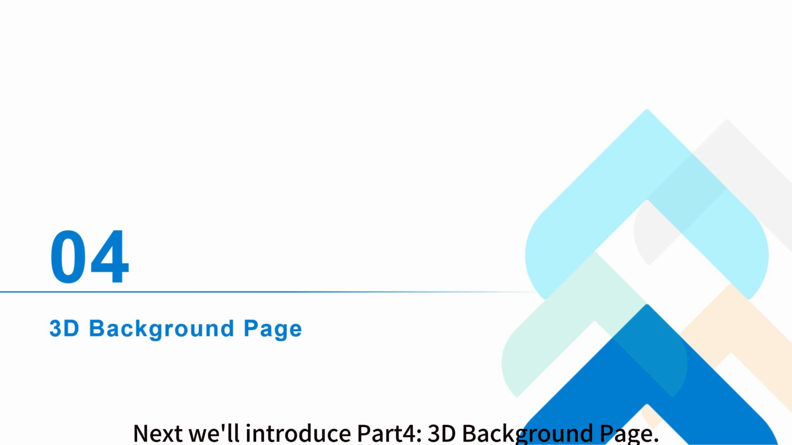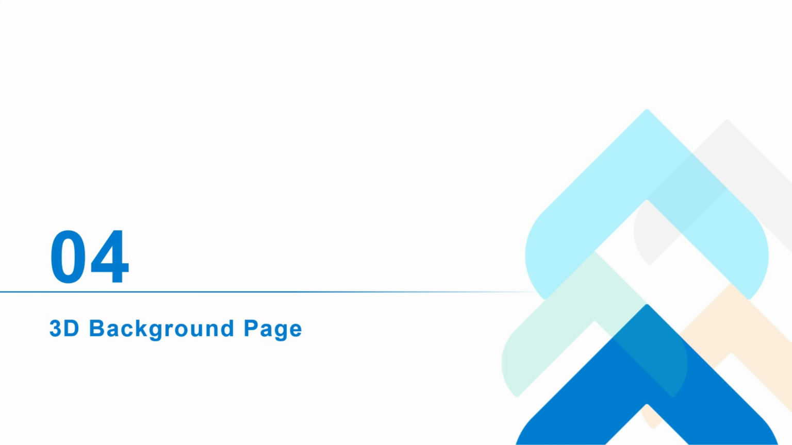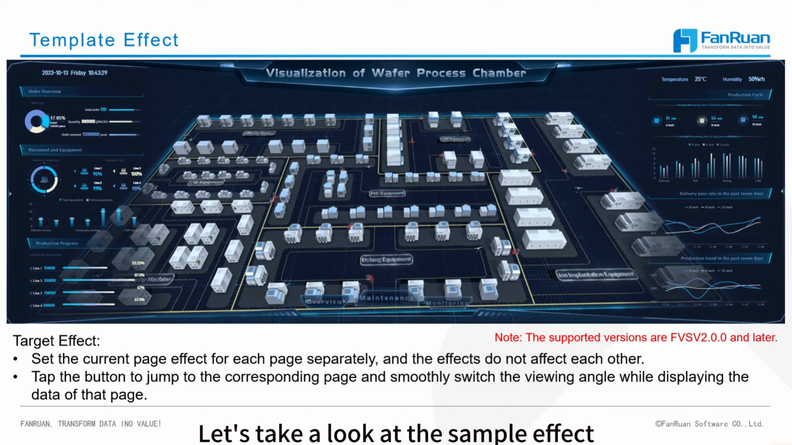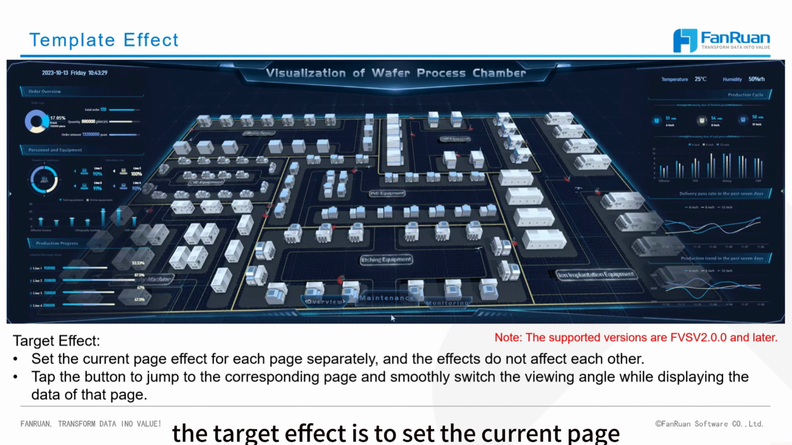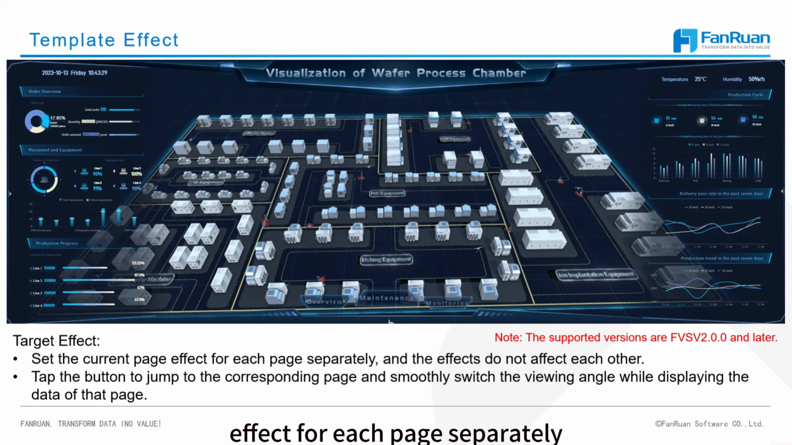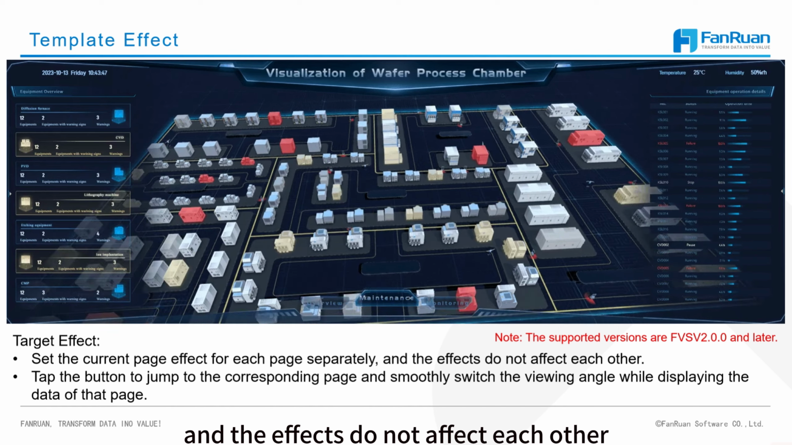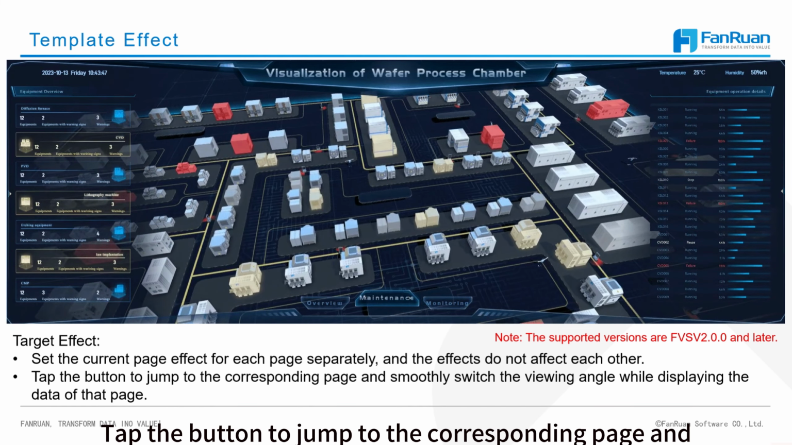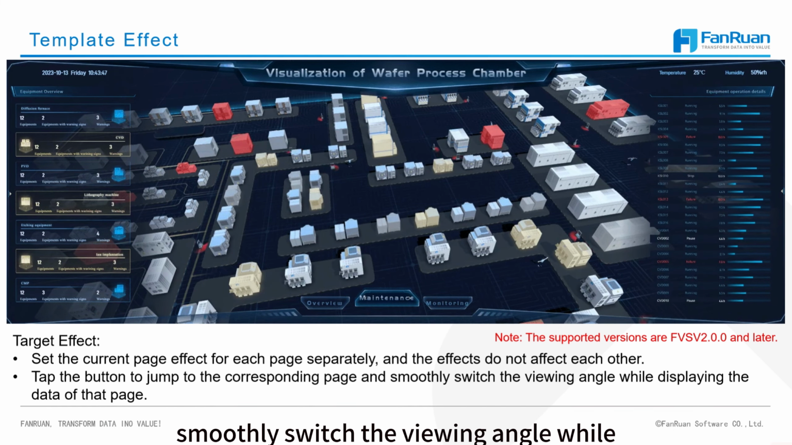Next, we'll introduce Part 4, 3D Background Page. Let's take a look at the sample effect. The target effect is to set the current page effect for each page separately, and the effects do not affect each other. Tap the button to jump to the corresponding page and smoothly switch the viewing angle while displaying the